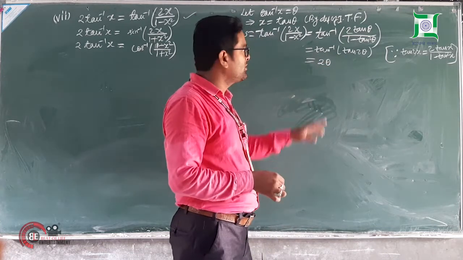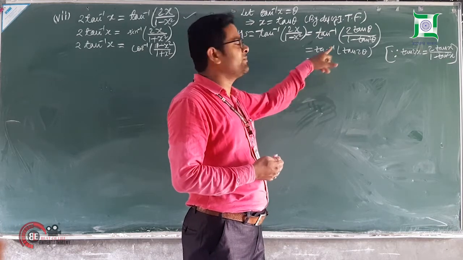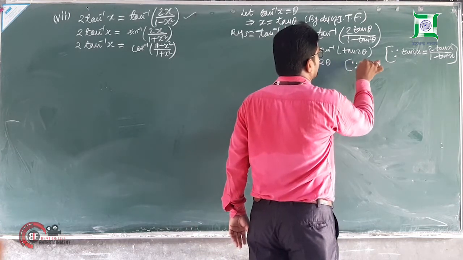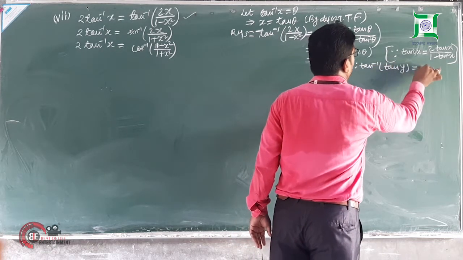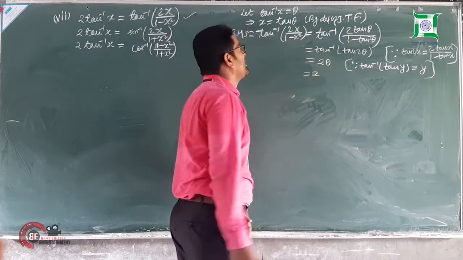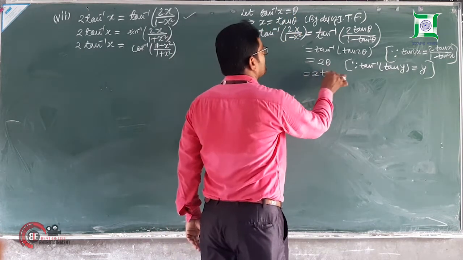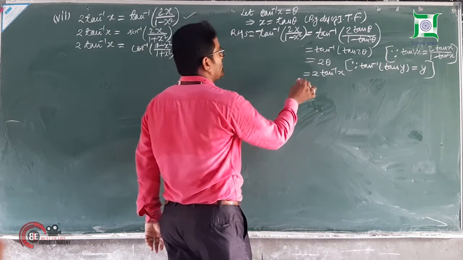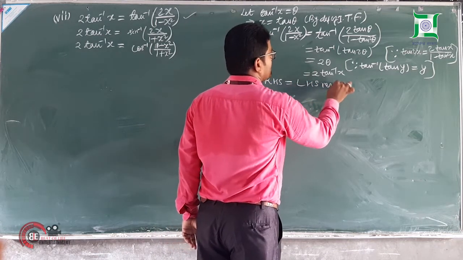Again, the reason I have already explained in my second formula for the properties: tan inverse tan x is equal to x. You can write here since tan inverse tan y is equal to y. Now, in place of theta, what can you write? In place of theta, you can write tan inverse x. So it is tan inverse x. You can see you have got your RHS. So we can write in this way RHS is equal to LHS, hence verified.